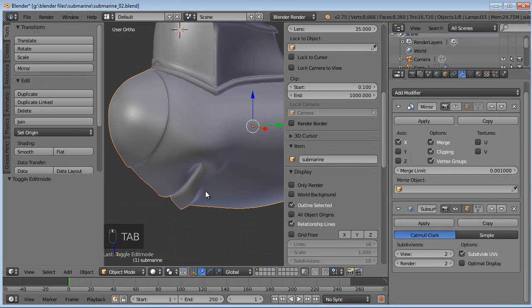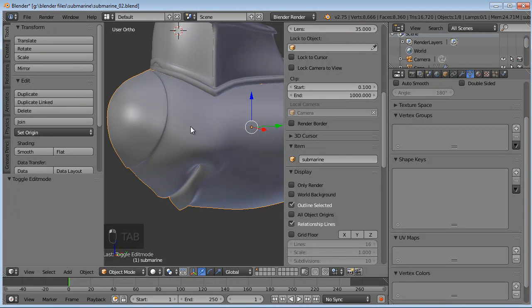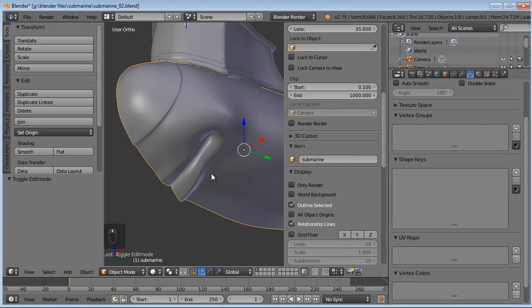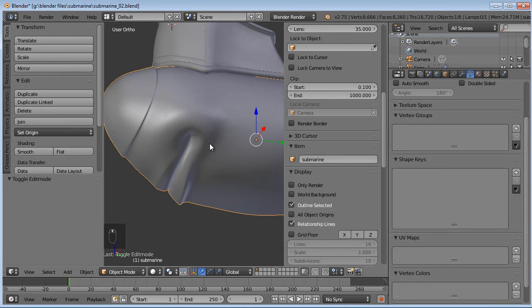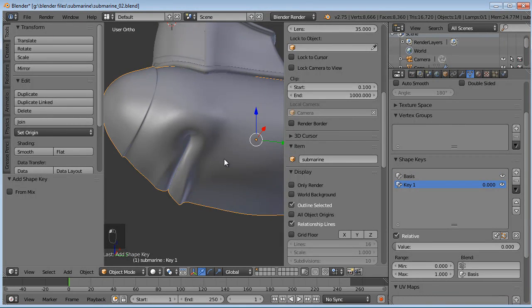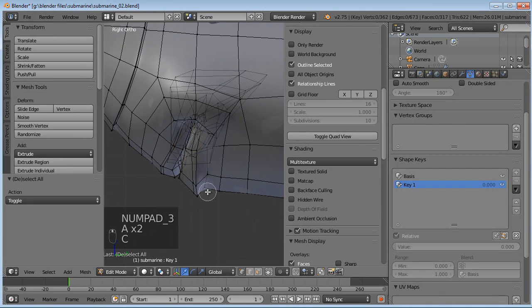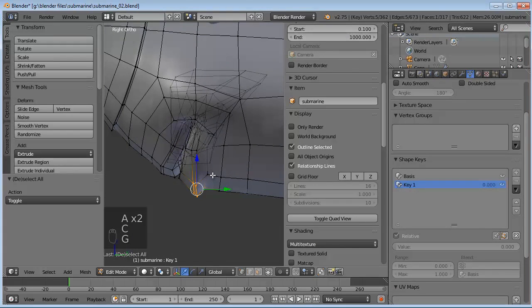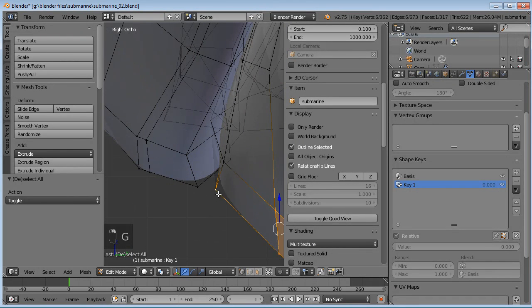Okay, tell you what, let's open his mouth with a shape key. Don't want to do it in normal mode because we want this to be the actual good to go final look. So this is just going to be for testing purposes, and we'll have to get rid of them before we can apply the mirror modifier anyways.